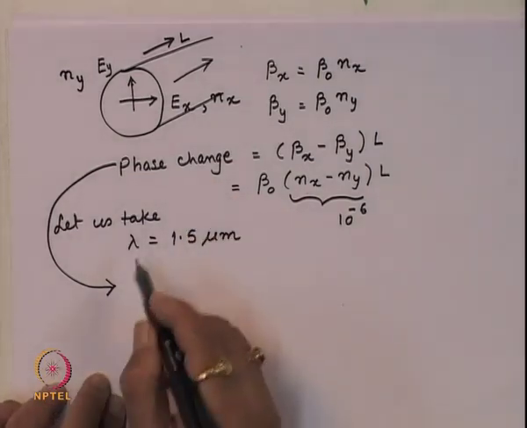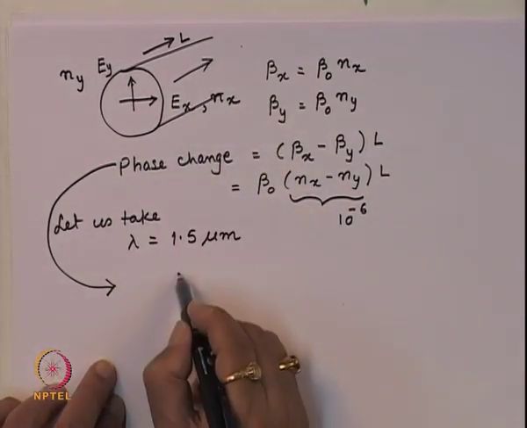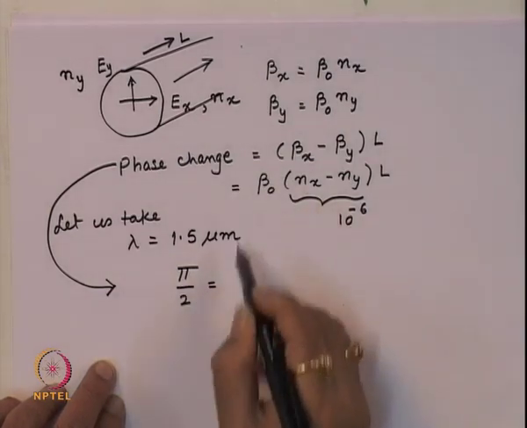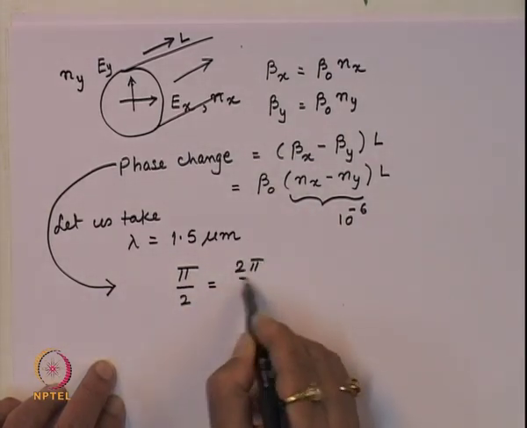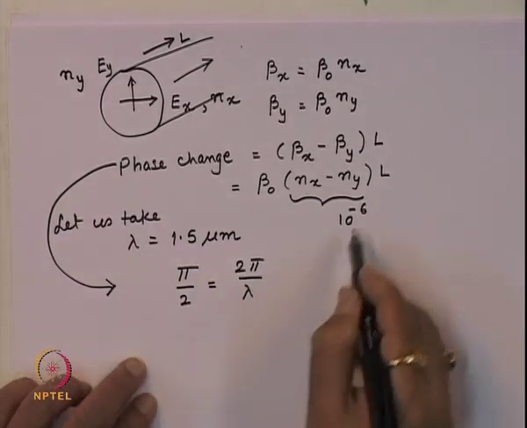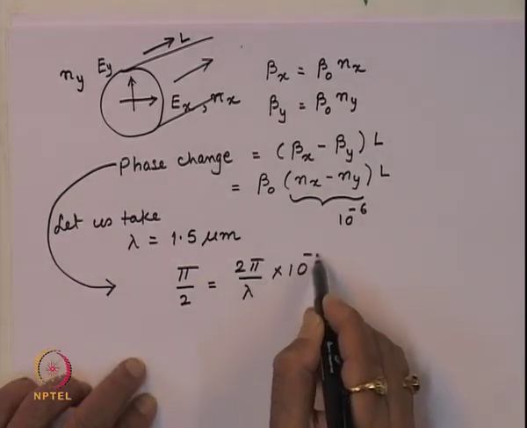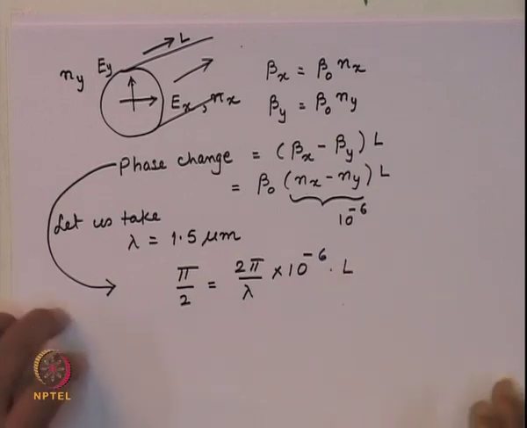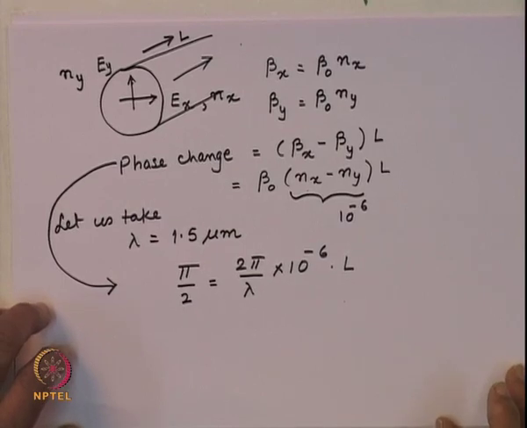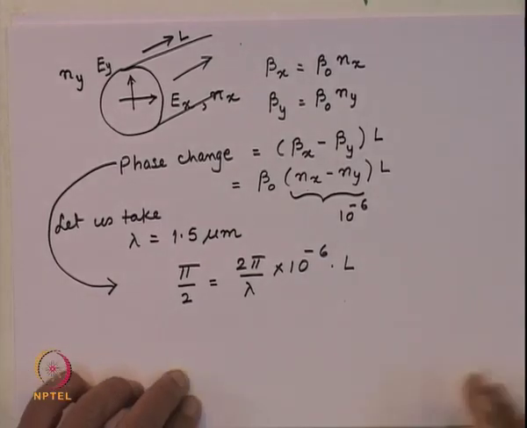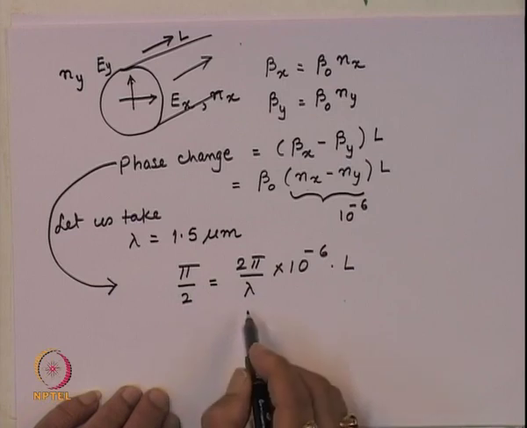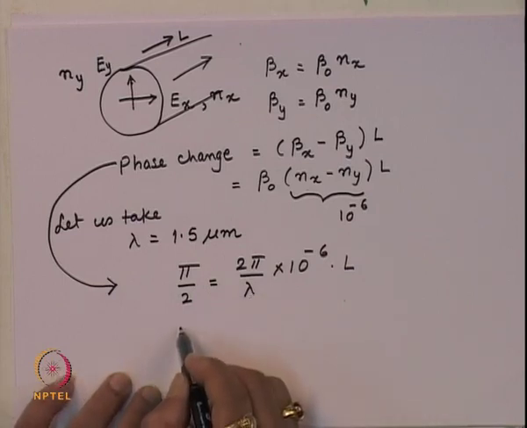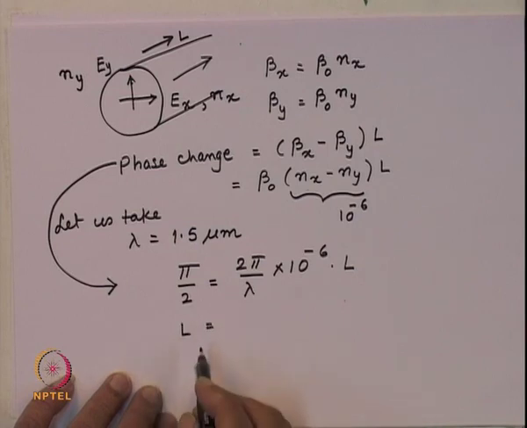So, we can ask a question: at what distance does this happen? If I put the phase change equal to pi by 2, that is beta 0, which is 2 pi by lambda, times the birefringence, which is given as 10 to the power minus 6, and we want to find out the length at which this is going to happen. So, from here we can calculate lambda equal to 1.5 micrometer. So, you get L is equal to